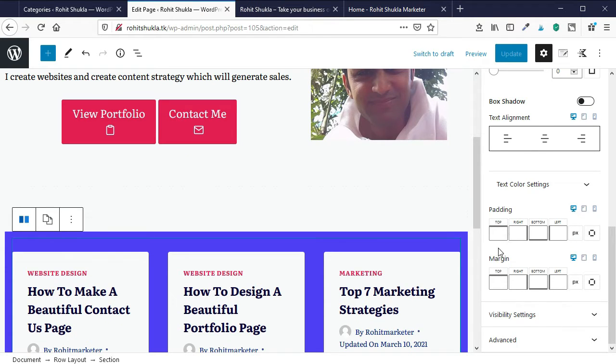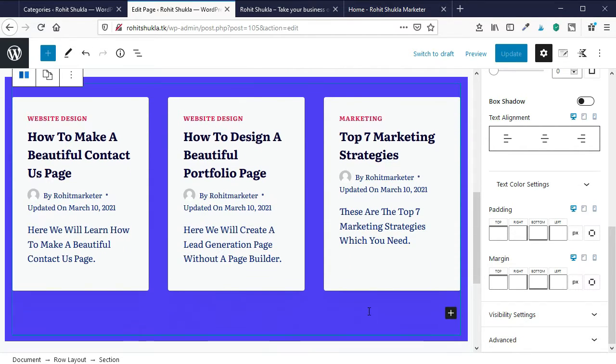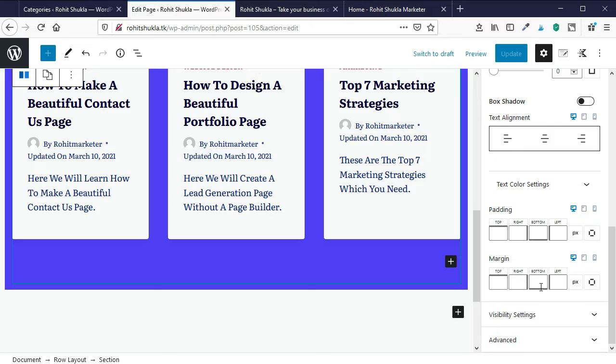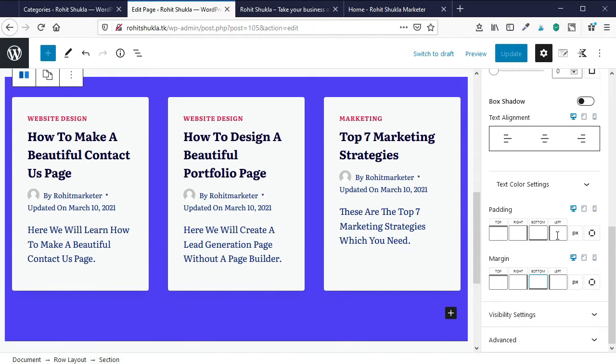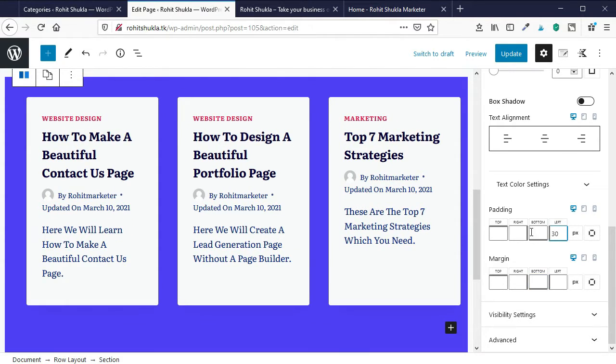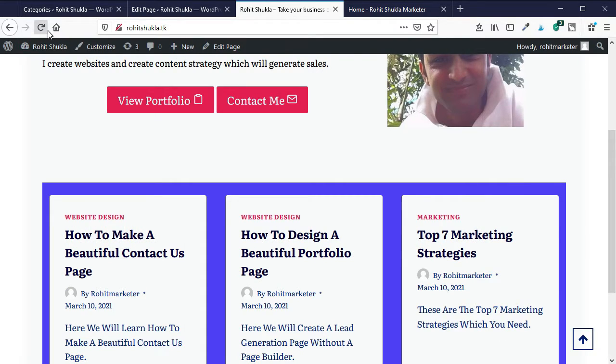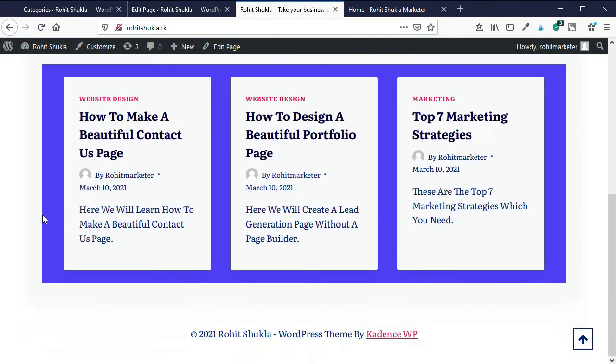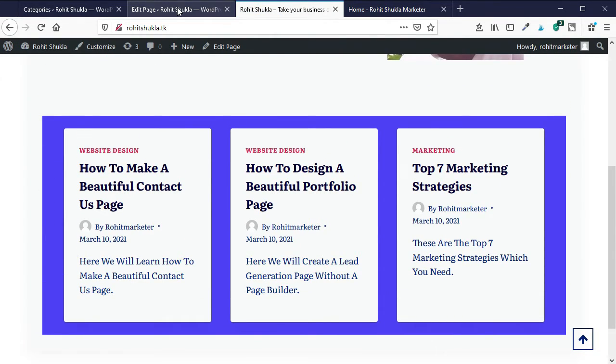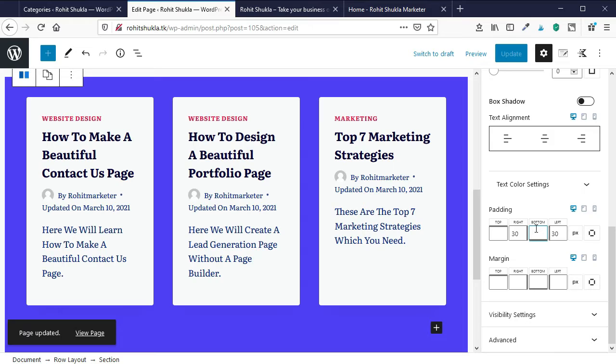So now we will tweak the right-hand and left-hand settings in this area. You can see that there is very little gap in the right and left sections, and the bottom part is very big compared to the above section. So we will adjust the settings here. Now it is looking good but not that good, so we will tweak the settings here.